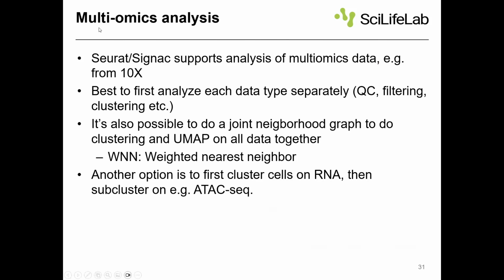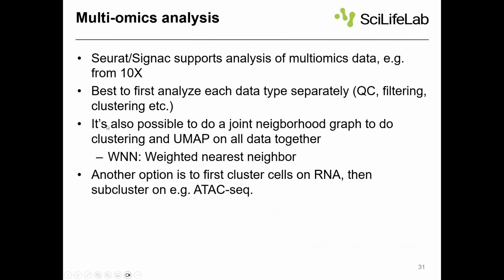What I have worked with is this where you do single cell RNA-seq and ATAC-seq together from the same cells, and this is quite nice when it works. So the way I've been doing it, and that I think is suggested in these tutorials, is to first analyze each data type separately, and then you can combine the data. For example, when you cluster cells to identify cell types, you can do that with the RNA-seq and the ATAC-seq data together